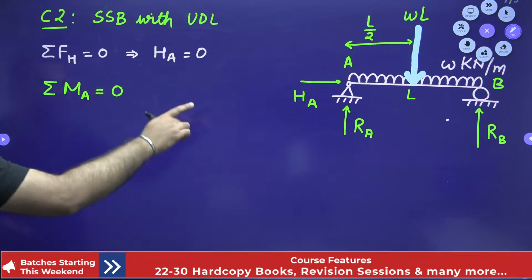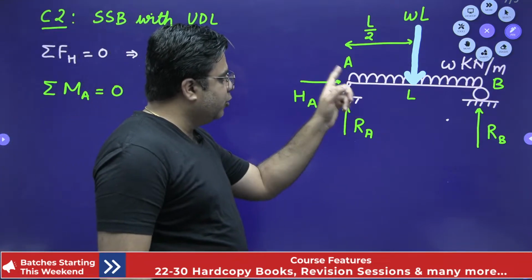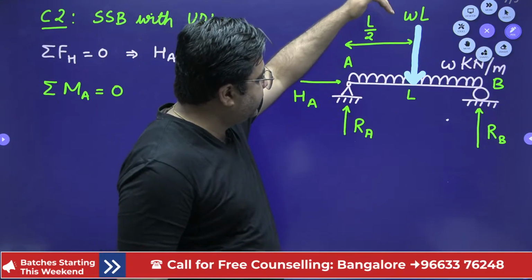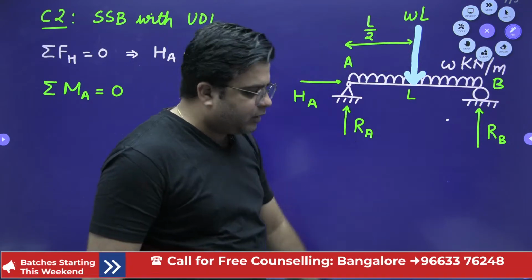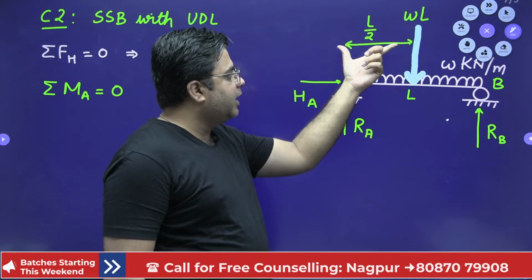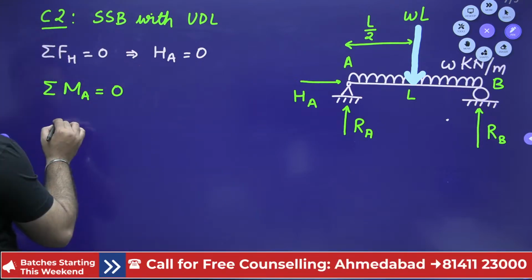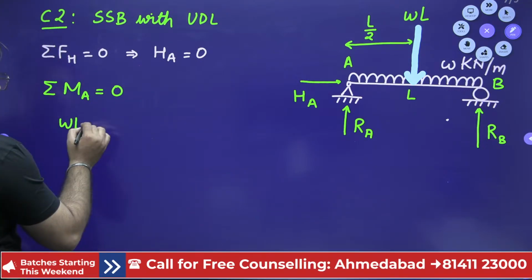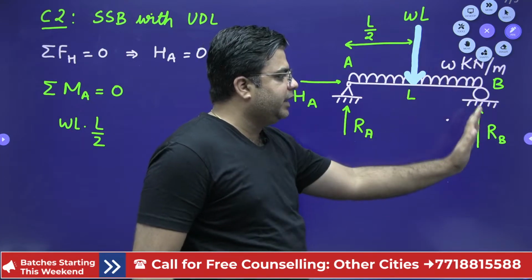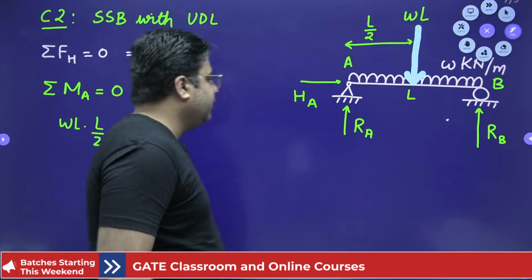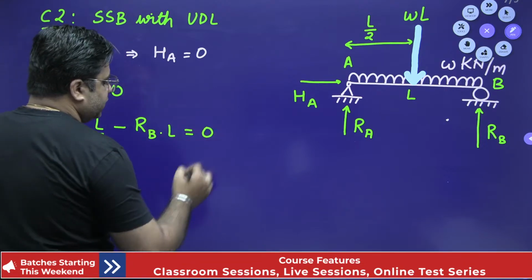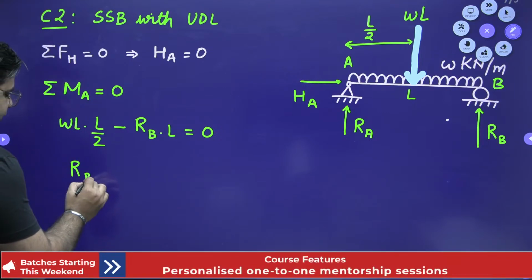So first of all, write down the moment about point A, which should be equal to 0. There are two loads causing moment about point A. The first one is this UDL, which will cause a clockwise moment, hence taken as positive. For the UDL, the total load is WL and the lever arm is L by 2. So the moment due to UDL is WL into L by 2. The second one is the moment due to RB, which gives an anti-clockwise moment. So RB into L will be the anti-clockwise moment. So minus RB into L should be equal to 0. So from here the value of RB comes out to be